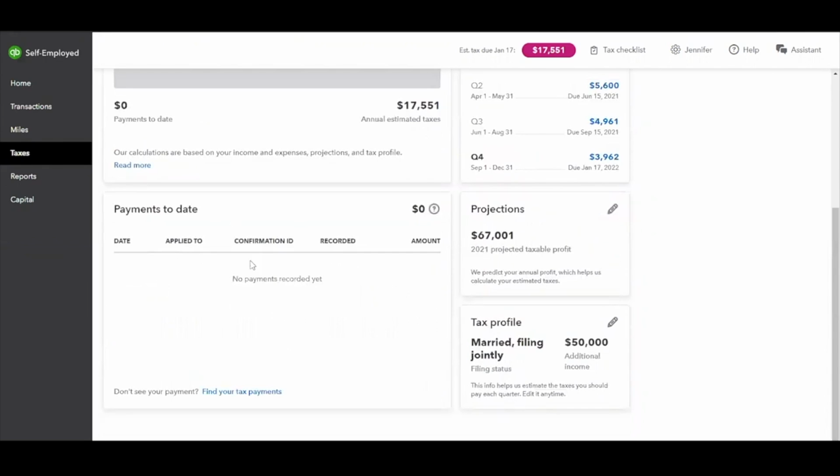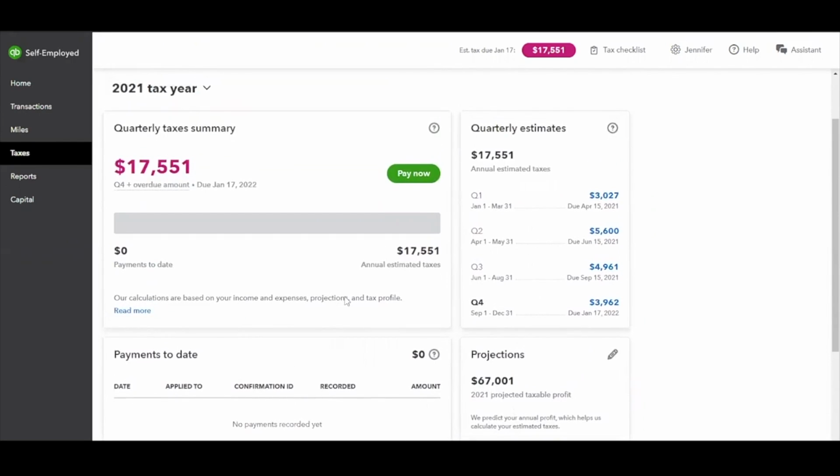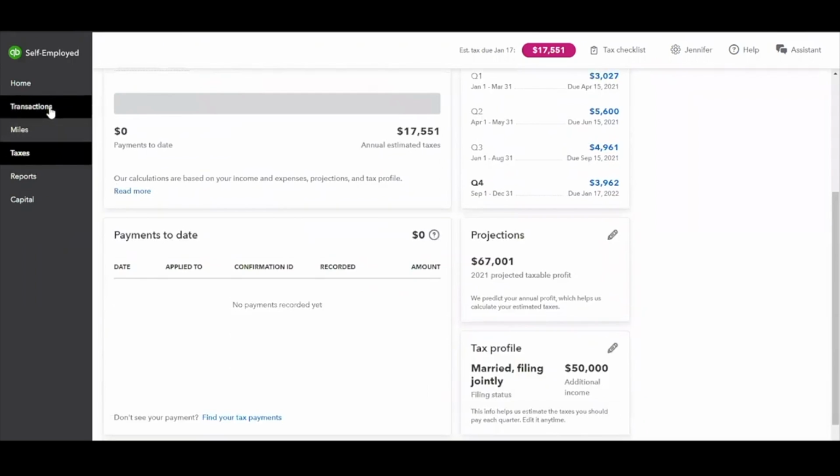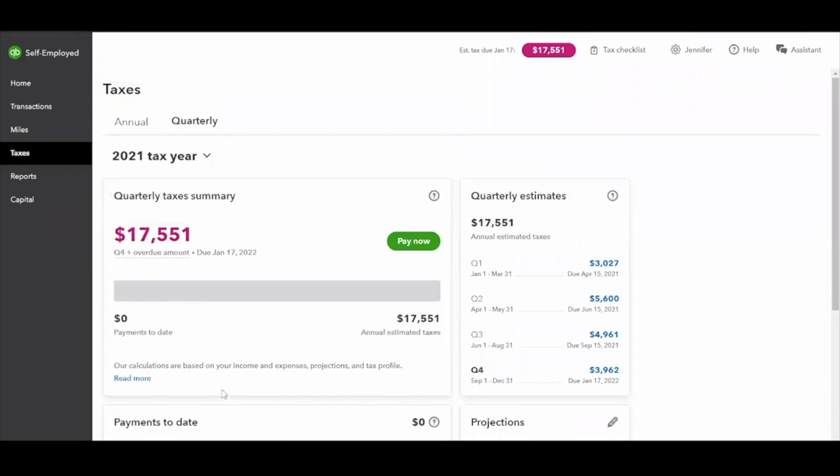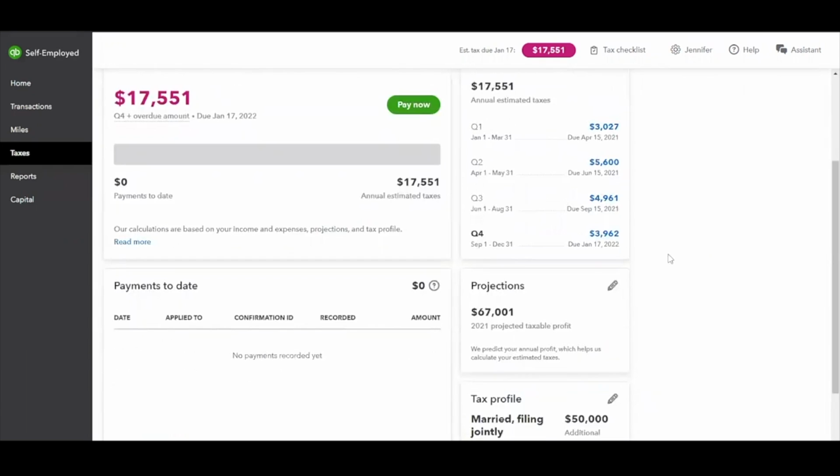Payments to date will have the list of when you come up here to the transactions tab and categorize everything, then it'll automatically recognize, oh, this was taxes for Q1 or for Q2 or Q3. So you'll have that list here. Obviously, we just opened this test drive version, so there's really no other data in there other than whatever is stock standard. And so let's see, we're now in Q4, which means the taxes aren't due until January 17th,